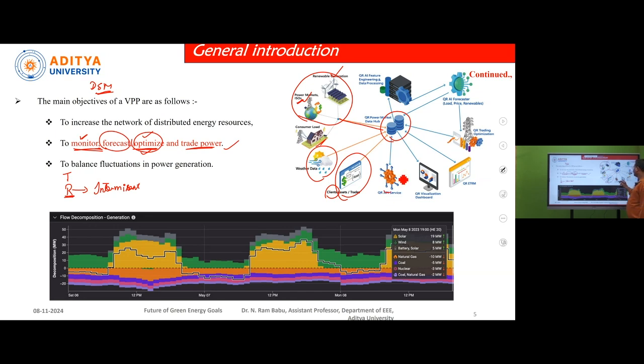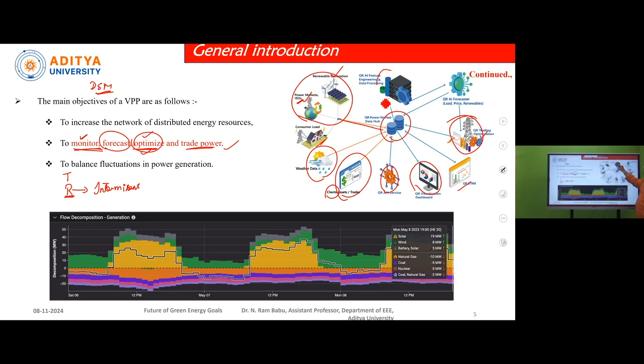And the next one is API service, protocol service, and visualization, that means it is used for monitoring purposes, and optimization trading. Here, optimization trading means that the energy consumption should be reduced and the electricity bill is also reduced, and also optimization is required in such a way that we, the consumers, while selling power, earn more profit.